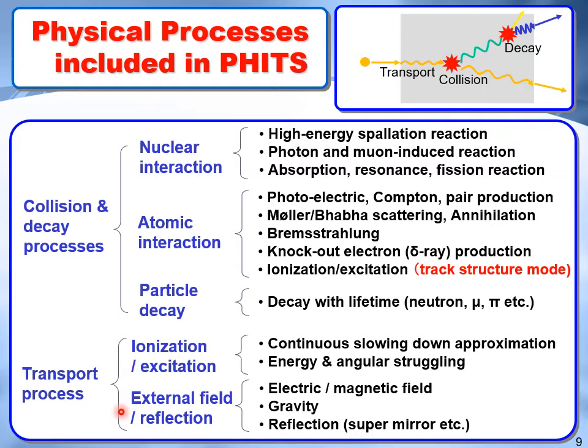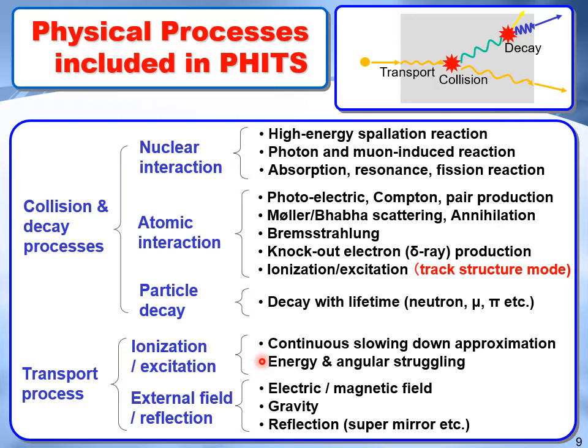As you may notice, ionization and excitation are also categorized as collision process, but in general, they are treated in the transport process because the number of their occurrences is so numerous that they cannot be explicitly treated in most cases. So, PHITS generally adopts continuous slowing down approximation and energy and angular straggling models to reproduce charged particle motions in materials. Using these models, PHITS can easily determine the energy of charged particles after passing through a certain distance, like 100 MeV proton immediately becomes 92 MeV after passing through 1 cm water in PHITS, without reproducing millions of ionization